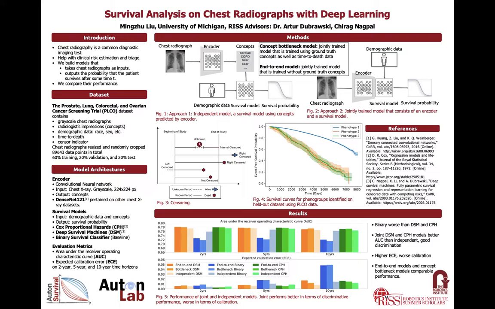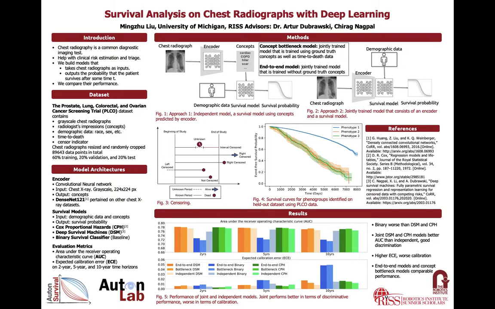The first model is called the independent model. We first train an encoder that takes a chest radiograph and outputs concepts. Then we train a survival model that takes the predicted concepts and ground truth demographic data as inputs and outputs a survival probability. The second model is similar to the first one, but the encoder and the survival model are